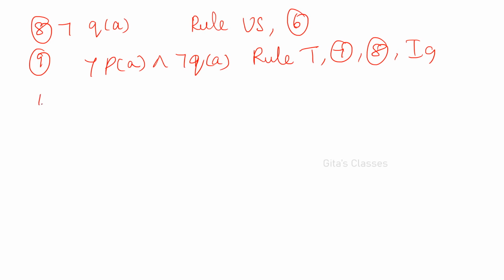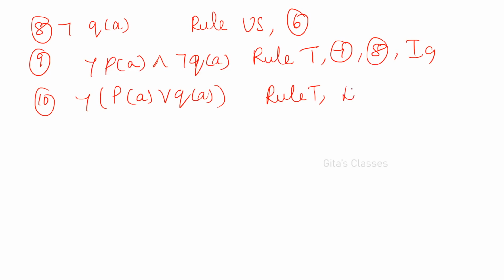This can be written as, now you take negation outside, what will happen using De Morgan's law: not of P of a or Q of a. Again I am applying a formula. So I have applied it in step number 9, it is De Morgan's law. So 11. Now for at least one variable we have written, therefore